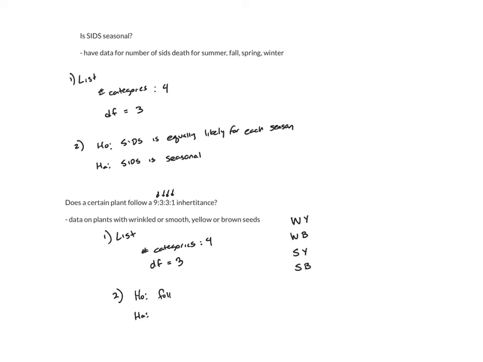So we're going to say it follows a 9-3-3-1 inheritance. Once again, our null hypothesis is always that the distribution fits. It says, yeah, it's 9-3-3-1 here. In the above example, it was, yeah, each season is equally likely. I'm trying to prove the opposite. That is